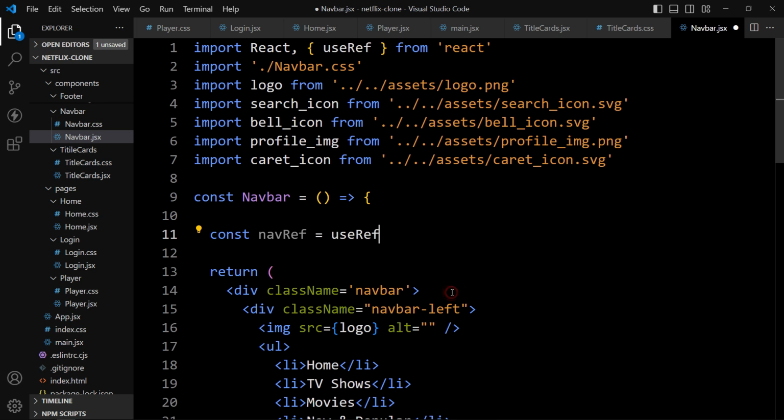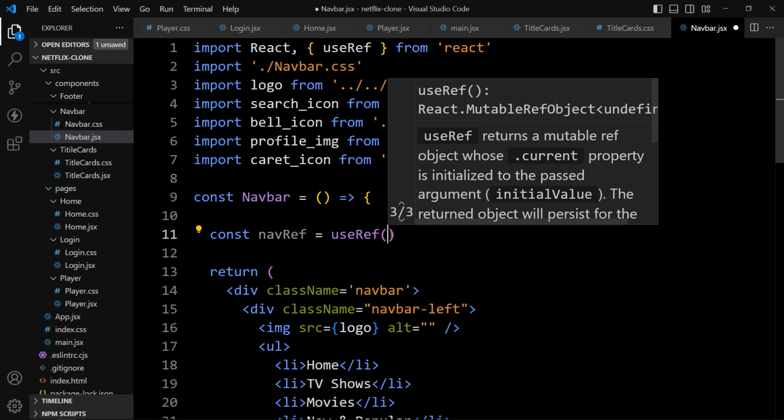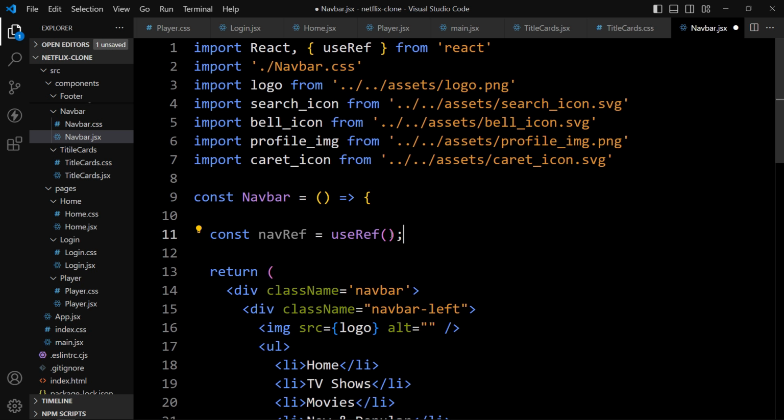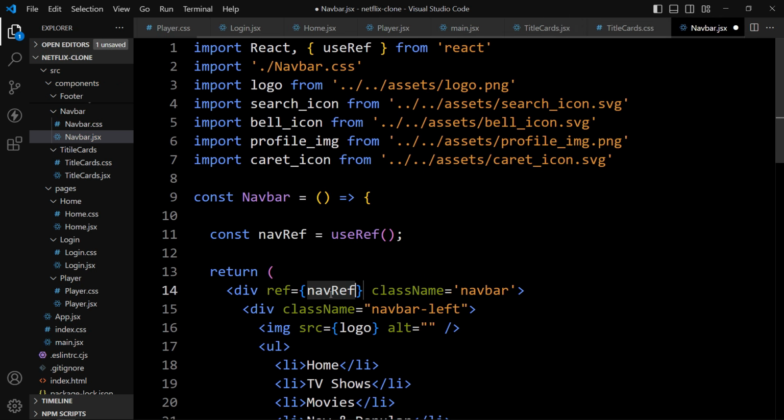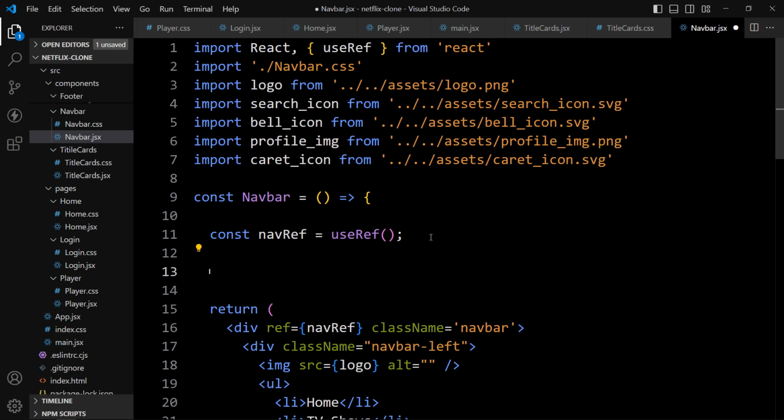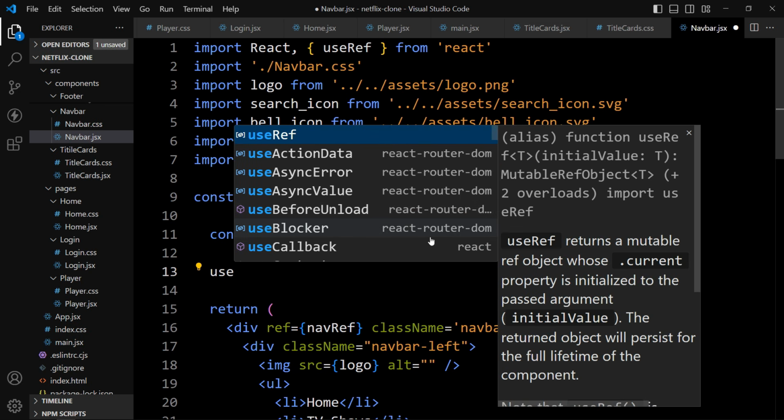Select it from here. So useRef has been imported. Now we will link this navRef with this navbar div. So just add ref and provide this navRef. That's it.